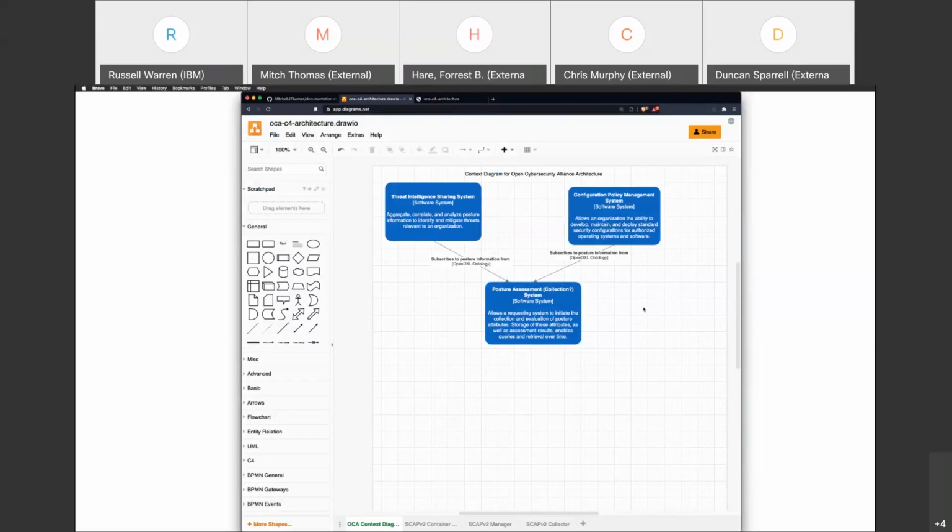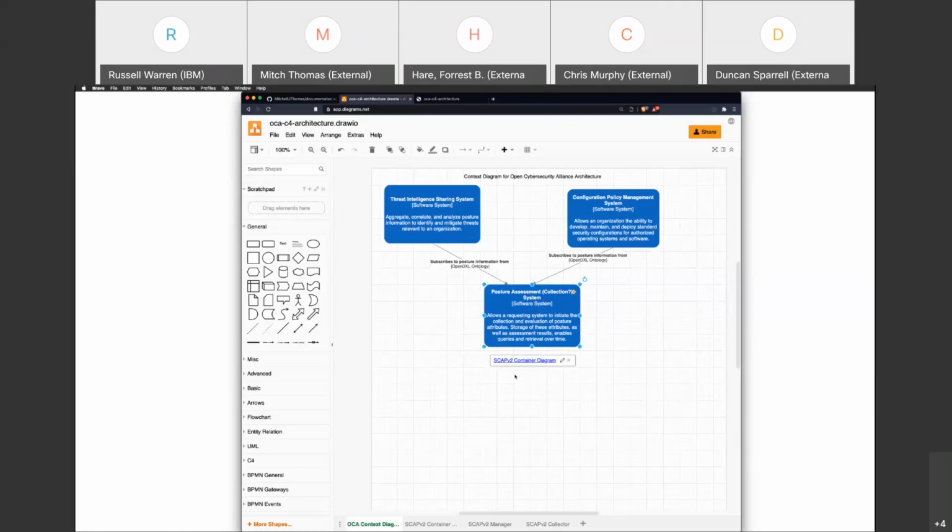So questions that have come up, I'm just going to throw them out there. I don't necessarily want to discuss the solutions or how to solve them. But you'll notice here, for example, posture at this highest level of system, we have threat intel, a configuration policy management system, and a posture assessment system. We've been focusing on this using SCAP v2, and figuring things out down below in the lower level. A question came up with respect to assessment and collection, and I'll dive into just the next level down.